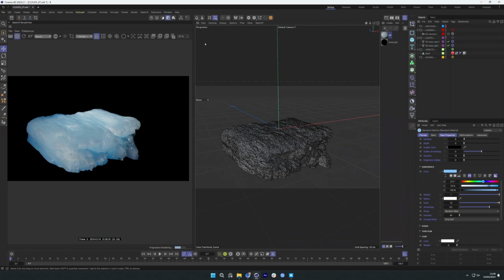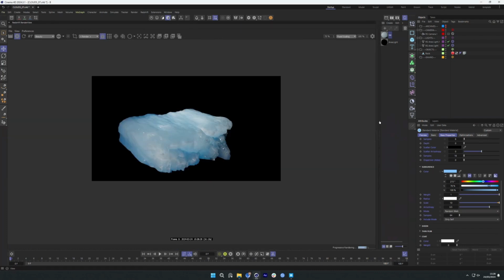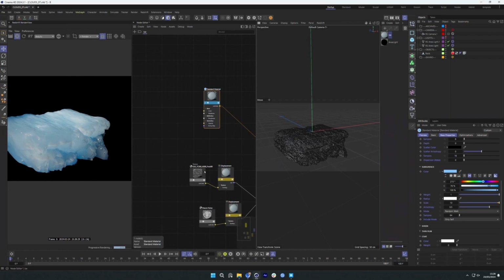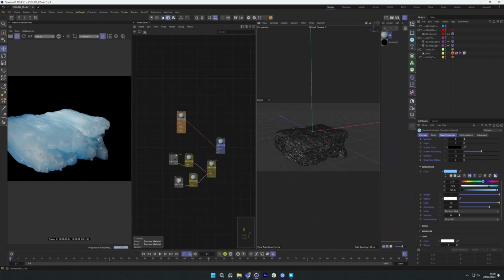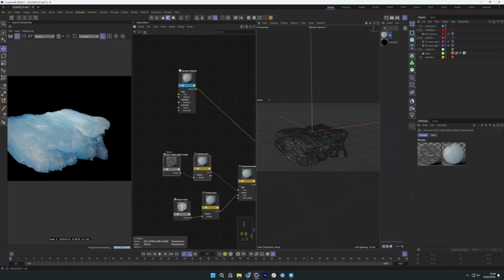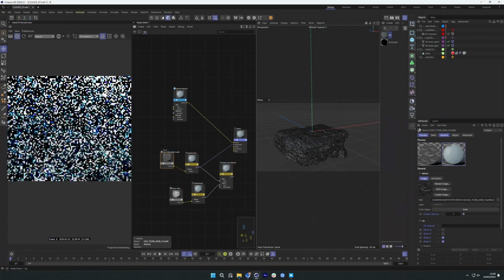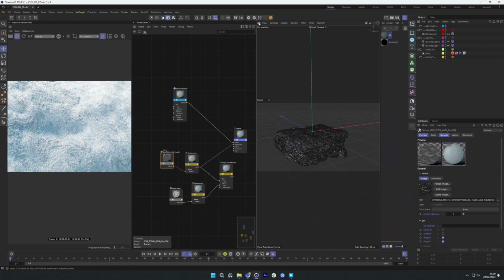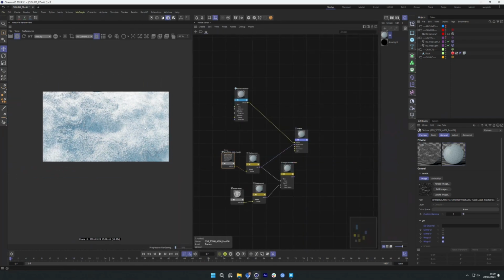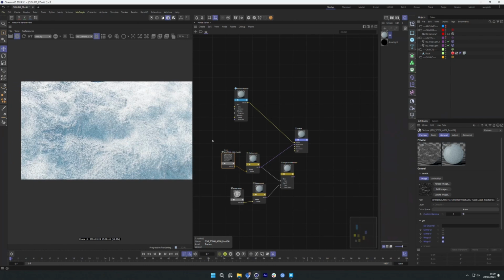But now what we will do is add some displacement. So for the first displacement, I've used a frost map from Grayscale Gorilla. I've used that one because there is a lot of detail, so it will work well for us. So I will put in the first displacement. I will go to my camera. We will see that we already have a really nice result with a lot of details coming from the